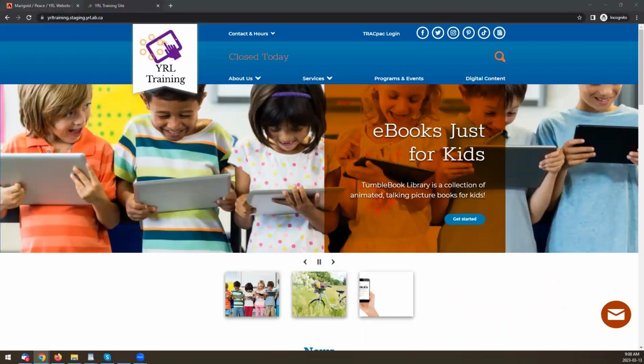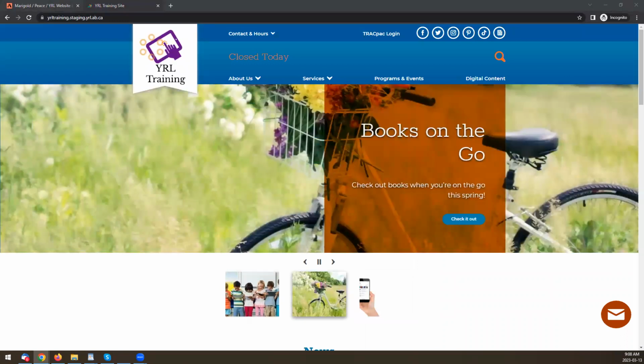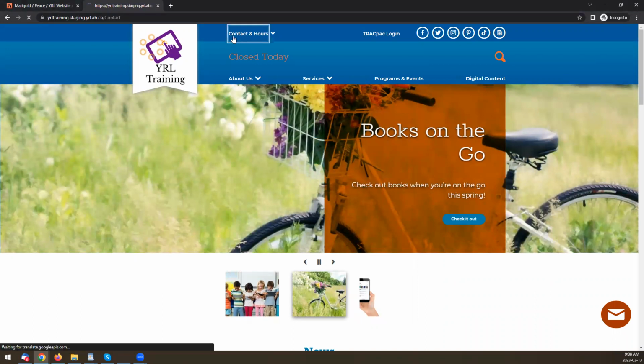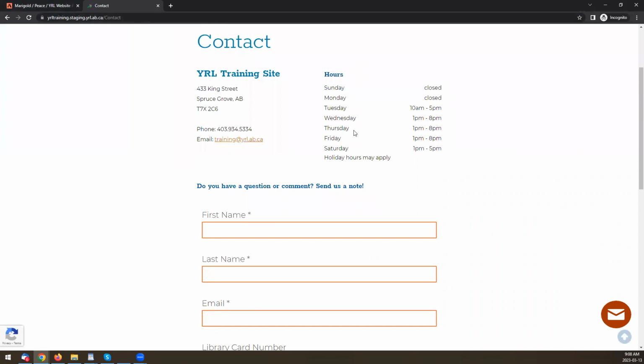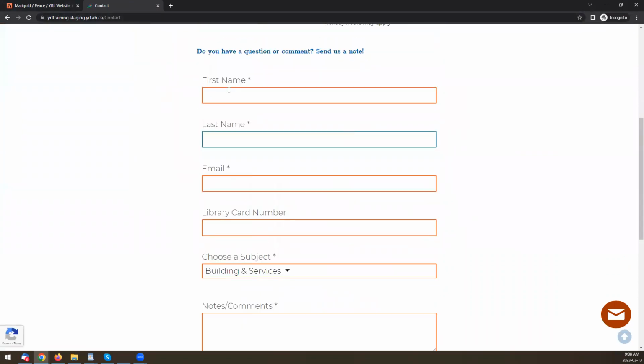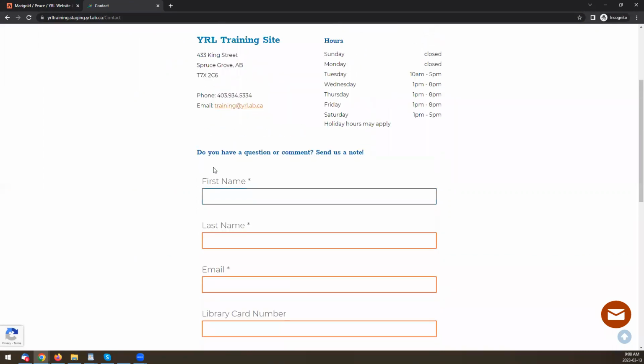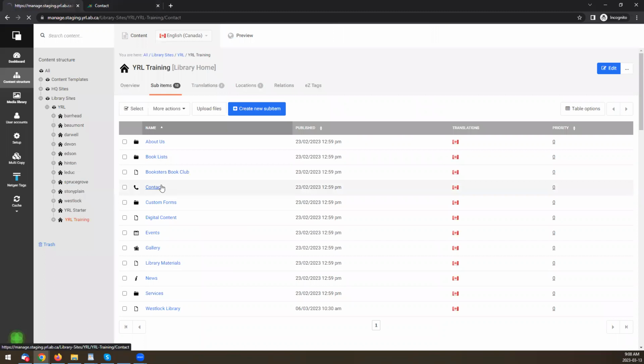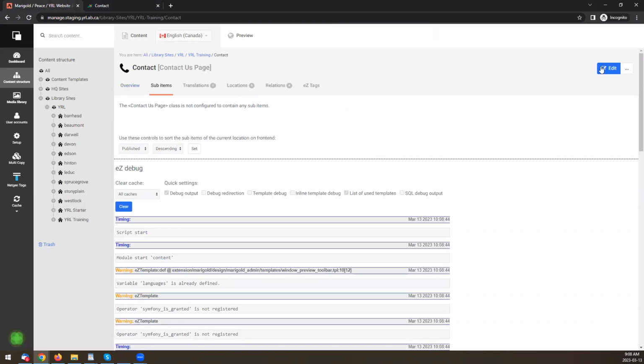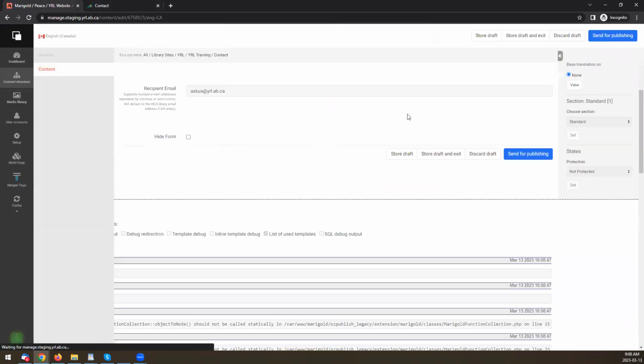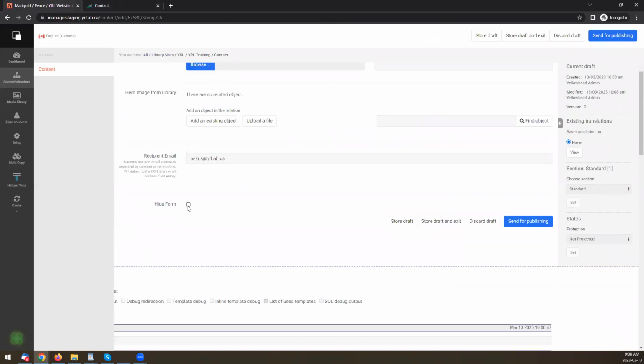Okay, really quick recap of where we left off. Last time, I believe we spoke about the contact page. And the contact page has a form. This form is the same for everybody's website, and you can't change these fields. If you don't want this form, you should be able to toggle that form by clicking this checkbox,